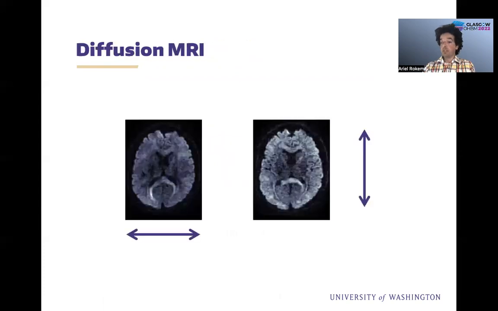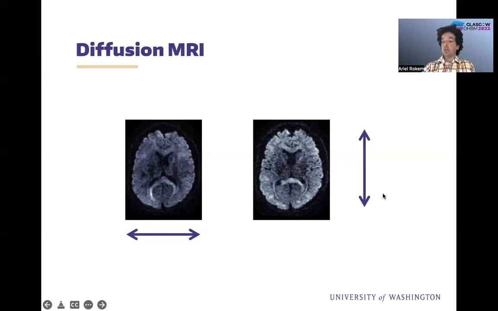To make the measurement sensitive to the isotropy of diffusion, to how much diffusion there is in any particular direction, directional gradients are applied across the brain tissue. And without going into too much detail about the diffusion MRI sequences that exist, I'll just say that applying a diffusion gradient along one direction makes the measurement sensitive to diffusion in every voxel along that direction of